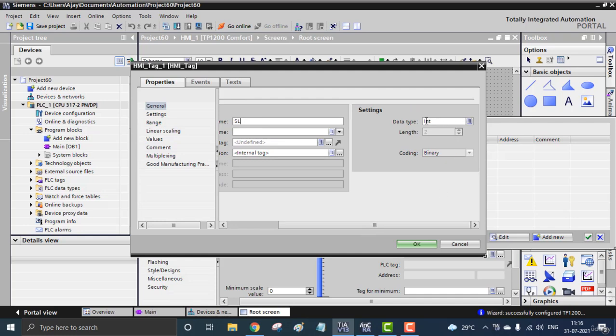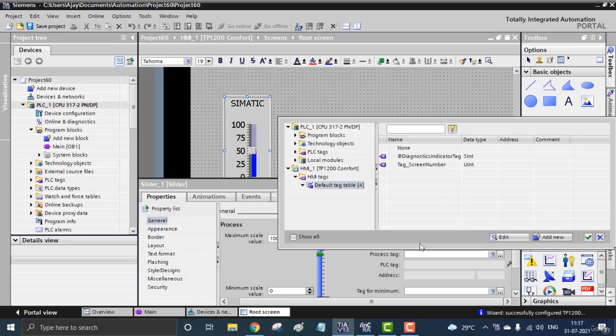The tag data type should be integer. Integer means 0, 1, 2, 3, like 100, 200, and also -1, -2, anything could be integer. There is another option, that will be real. Real means I can give point values, like 0.1, 2, 3, 4. I'm not using that right now. I'm using the integer, and okay.